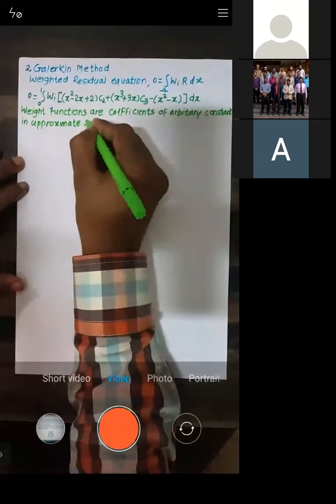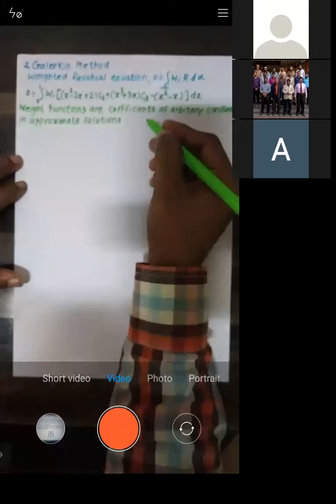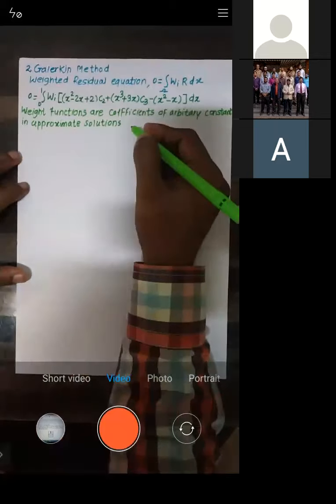Weight functions are the coefficients of arbitrary constants in the approximate solution after satisfying